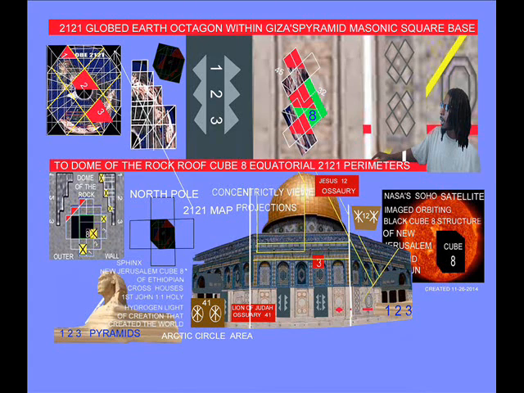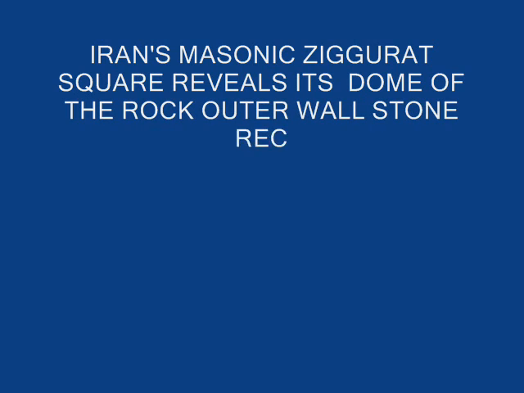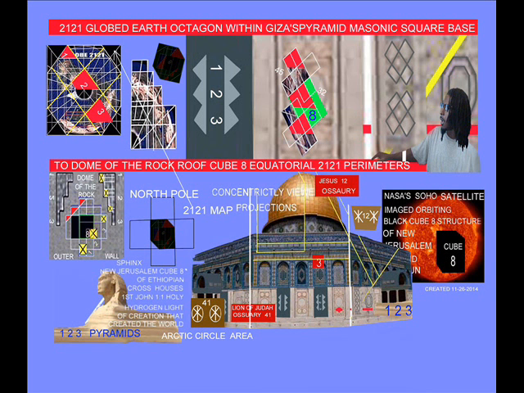Video, we will be looking at Iran's ancient Masonic Ziggurat square, where we see the Jerusalem Temple Mount outer wall stone rectangular window frame flanking the entrance door, dual stone axis of the book of Genesis 49th chapter and 8th verse, fourth son of Jacob, who entered into ancient Egypt according to the book of Psalms 105th chapter and 23rd verse, as the fourth son of Jacob amongst the 12 sons of Jacob, where we currently see him today as